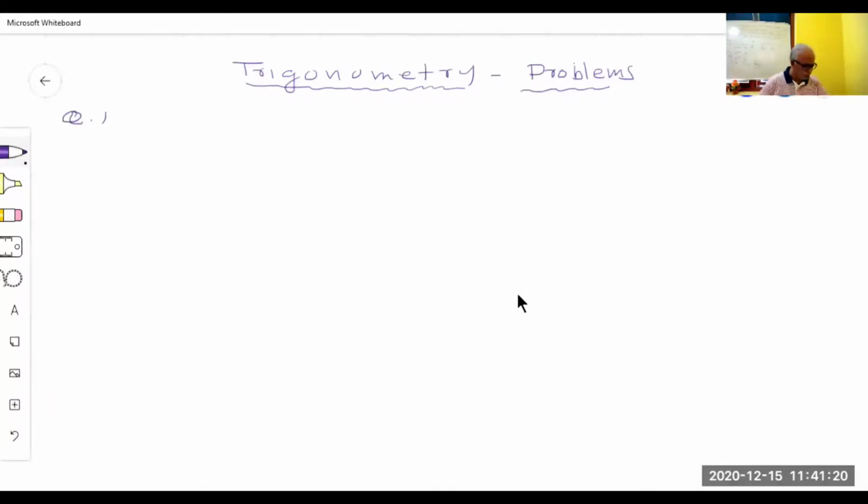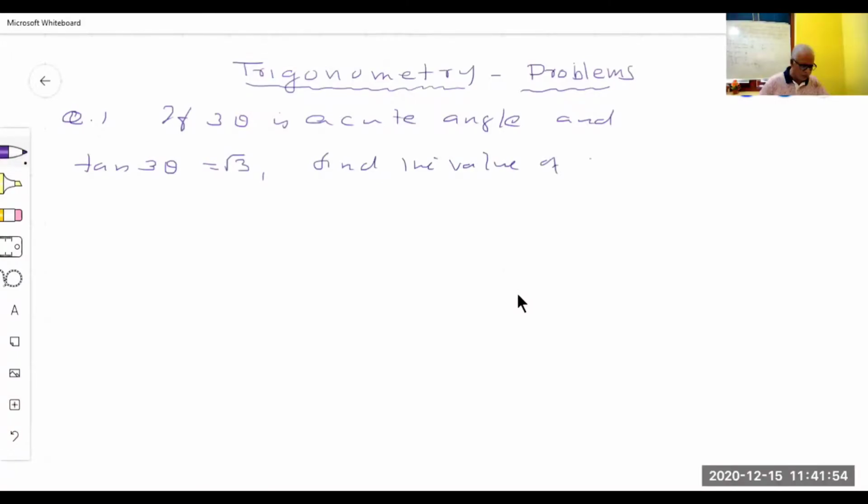Number 1: if 3 theta is an acute angle, what is an acute angle? Less than 90 degrees. And tan 3 theta is equal to root 3. Find the value of theta. So the solution is: